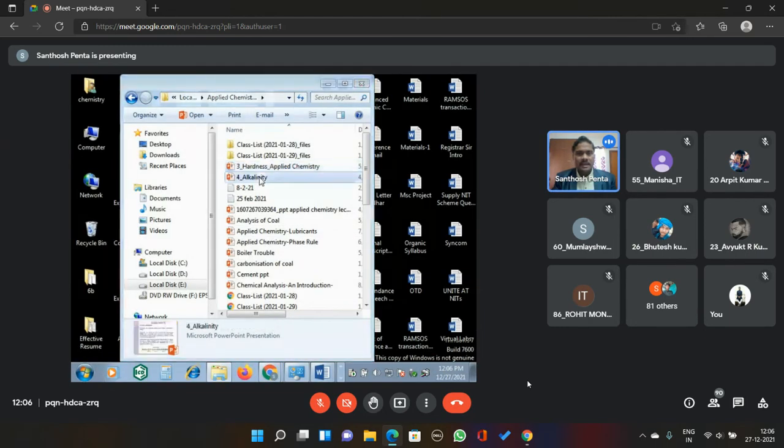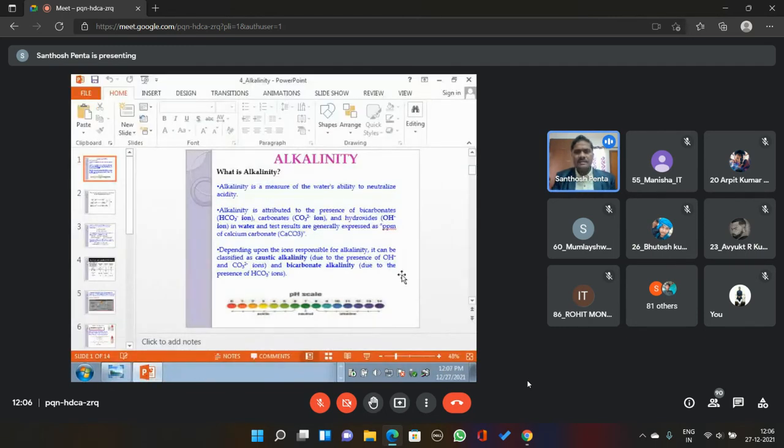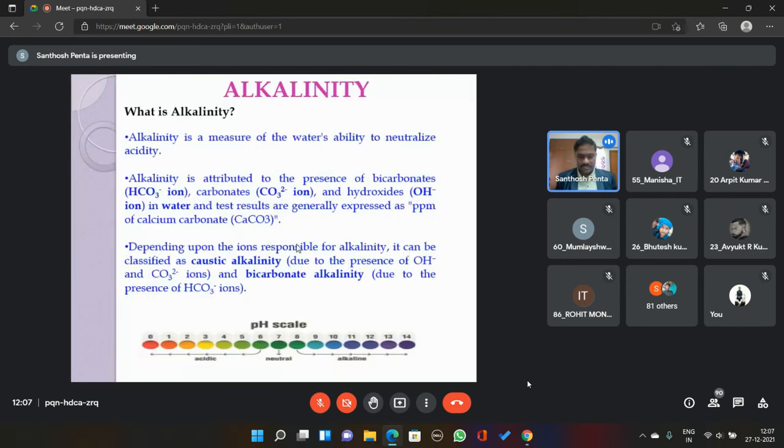That is the alkalinity. What is the alkalinity and how are we going to determine the alkalinity? This is also one of the questions. Till now, we have completed one major portion, that means one small topic: hardness, the different types of hardness, the determination of hardness, and degree of hardness, how we convert to degree of hardness, and what is the mathematical notation for that. These things we have discussed.